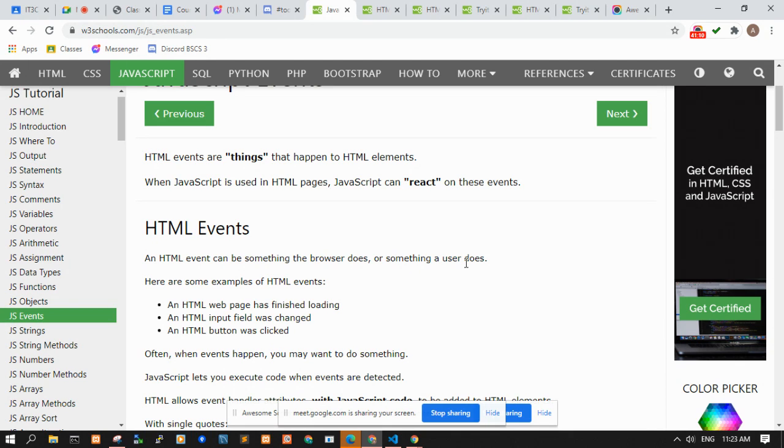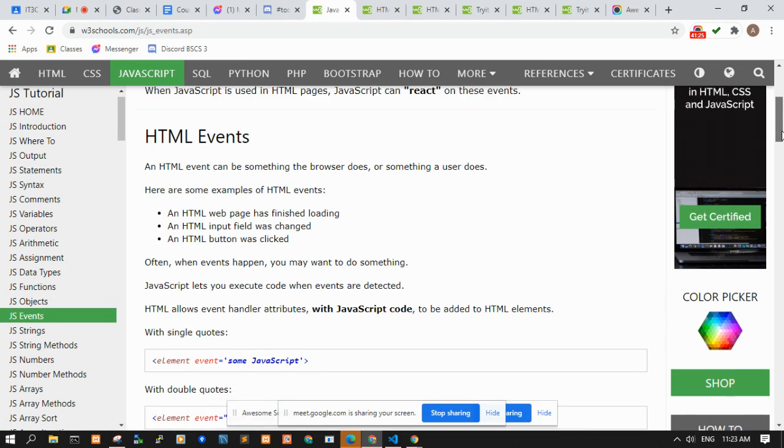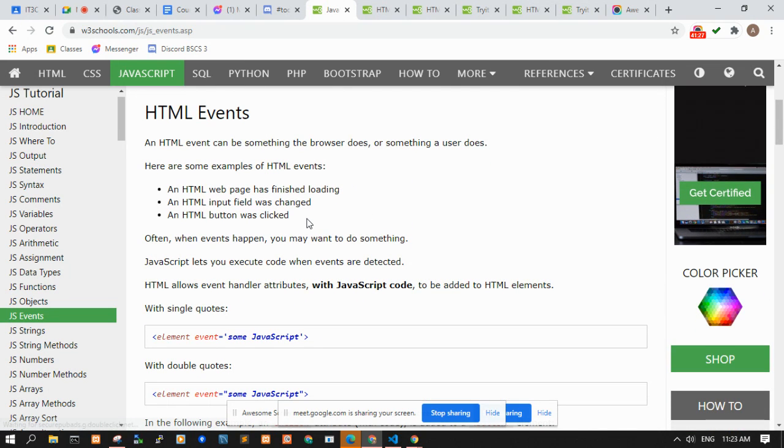Examples are when an HTML web page has finished loading, when an input field was changed. Okay, you type something on the text field, you select a checkbox or select a radio button, when a button was clicked, and so on.